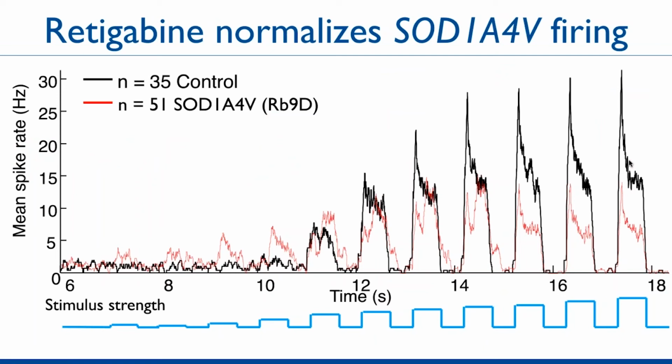And that was, again, here's an experiment where we're looking at 35 control motor neurons and about 50 motor neurons that come from this patient with the A4V mutation that we studied quite a lot. In this case, these are the isogenic control neurons that come after correction of that patient's genotype. And in this experiment, what you're looking at is the aggregate firing rate of all of the mutant cells in red versus all of the control cells here in black.